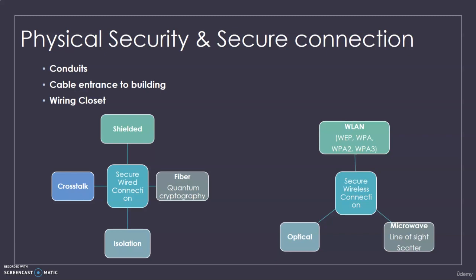When we talk about secure wired connections, this is where we often use things like shielding, which can be very good to prevent some of the effect of radio frequency or electromagnetic interference or some type of induction of stray voltage onto a cable, but the shield needs to be properly grounded as well. Fiber is very good because fiber does not have the same vulnerabilities to electromagnetic or radio frequency interference. It is a little more expensive to work with, but there are some real advantages to this.